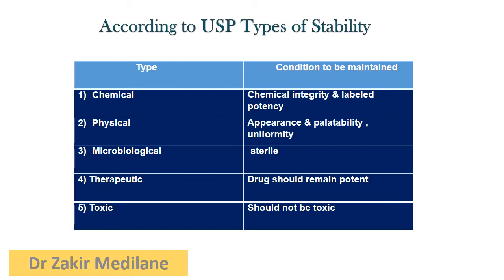Can leach the chemicals means the chemical should not expel outside from the product, so that the product will become toxic. It should not become toxic means it should not change its color, odor, taste, and some other behavior it should not show, so that the toxicity has been increased in level. It should be in the optimum level. When it follows all these conditions, then only the product can be said as stable according to United States Pharmacopoeia.